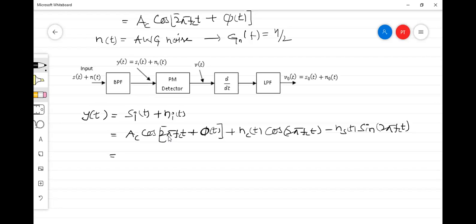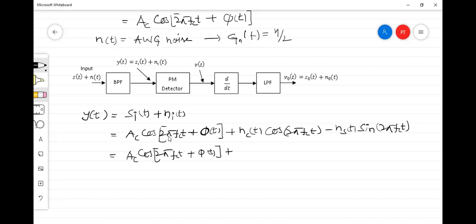Another way, let me put it this way. Here we have some cos term representing the modulated carrier, and we have here bandpass noise. This bandpass noise is also represented in some phasor form like a cos. Then we can easily add these two by using phasor diagrams or phasor notation. So I'm going to write this: Ac cos(2 pi fc t plus phi of t),